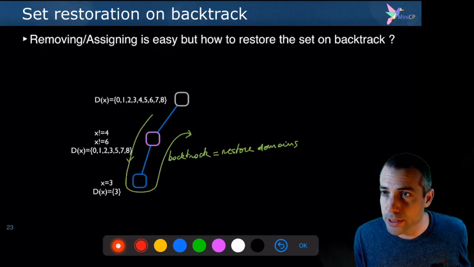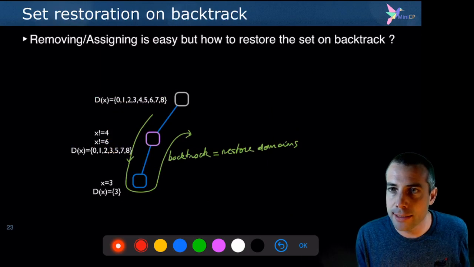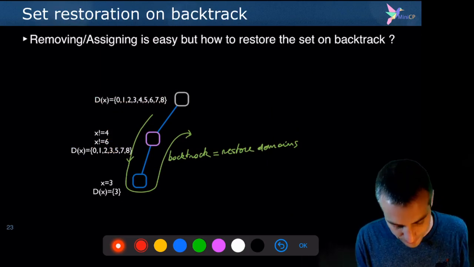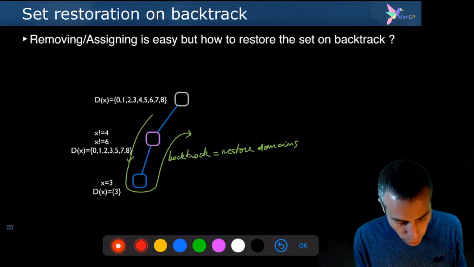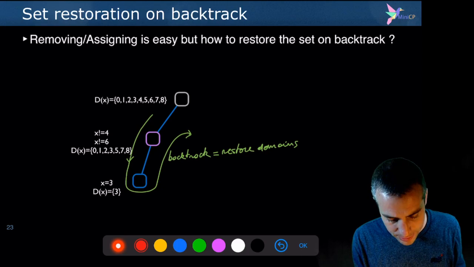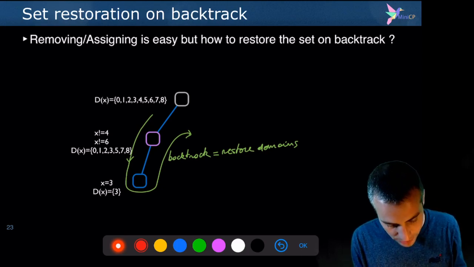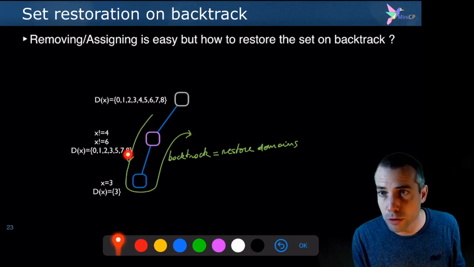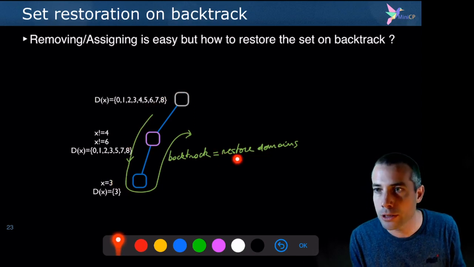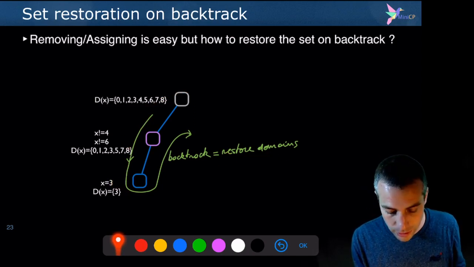A very nice property of sparse sets is that you can easily recover the values that were removed from the set when you backtrack. Because all you need to do is restore the size of the set when you backtrack. And this is also an operation that we need a lot, because we will explore the search in a depth-first search way. So we will always dive left, left, left, left, remove some values. And when you backtrack, you want to restore the domains of the variables in the state they had prior to the branching decisions.